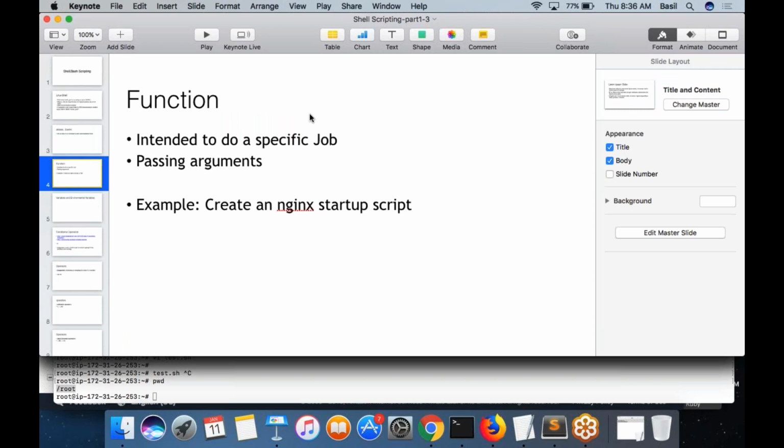Function. So a function is something like, you are writing down a set of programs, a set of operations, and whenever you want to do that set of operations, you call this function. Basically, it is something like a place where you write down whatever you want to do. Then you might want to repeat the things each time you want to do those operations. Call that function. I will give you an example.